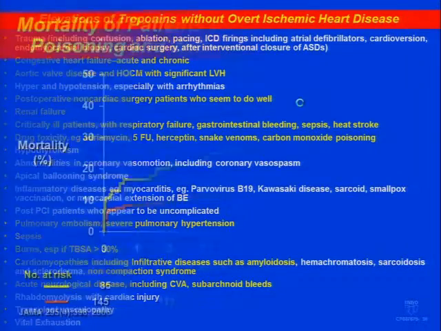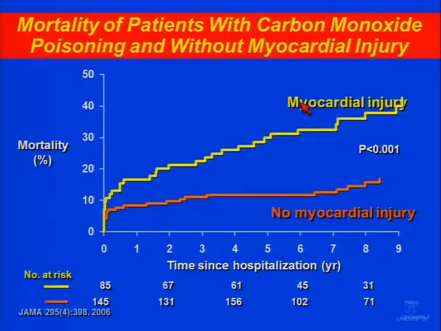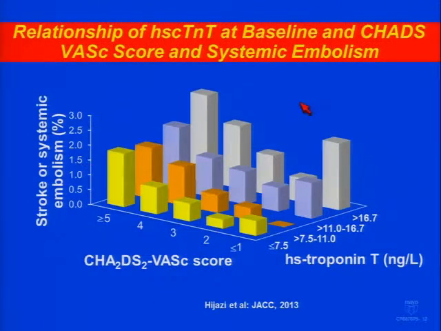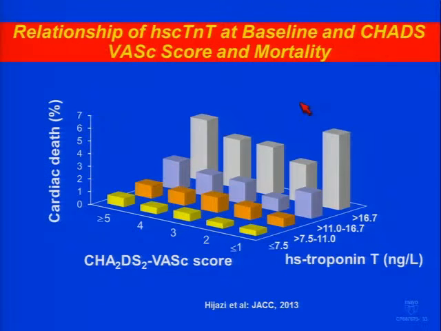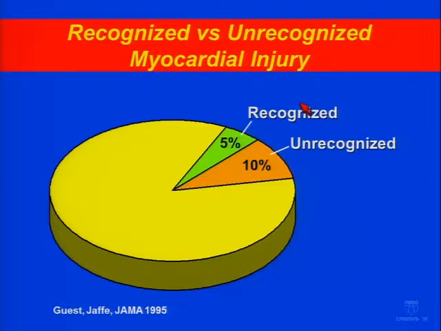Here's another list, a long list, but some examples. Carbon monoxide poisoning, they may have a rising pattern of values. Acute atrial fibrillation, they will often have a rising pattern, but I would point out, and it's just important to understand, and I'll go through this quickly, that these values are highly prognostic for a baseline. They're much better, and they augment the CHADS-VASc score for embolism, mortality, and bleeding. So these are going to be valuable, but they may give you a rising pattern, as will the critically ill